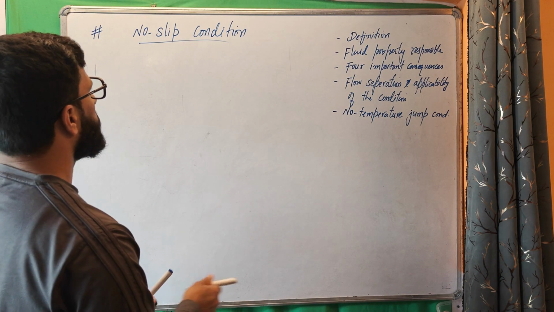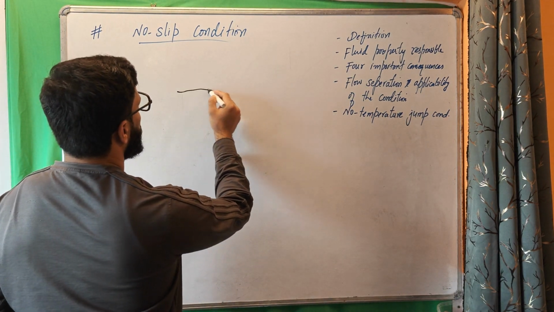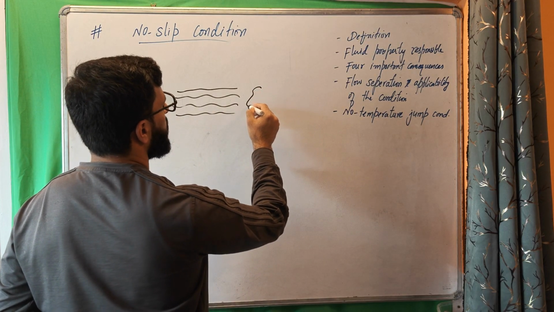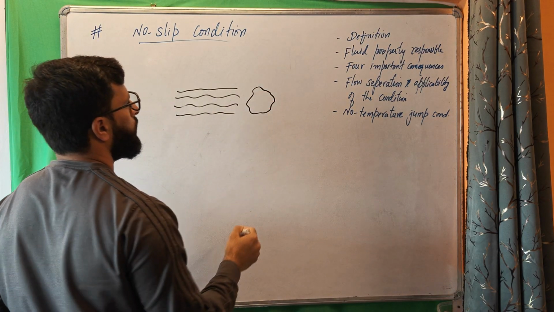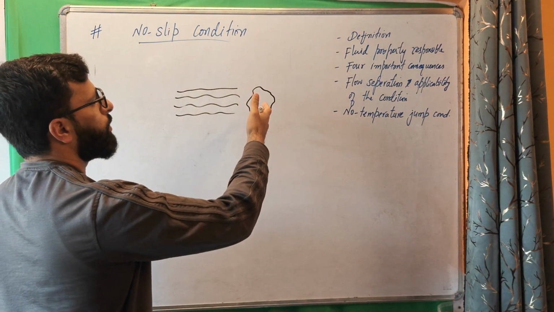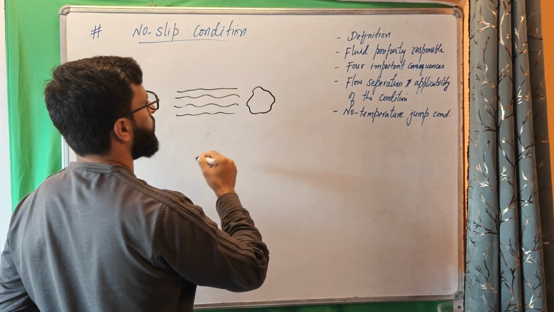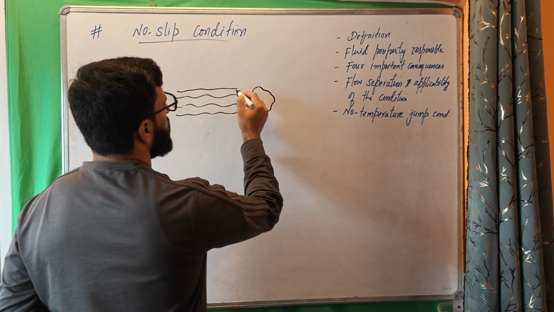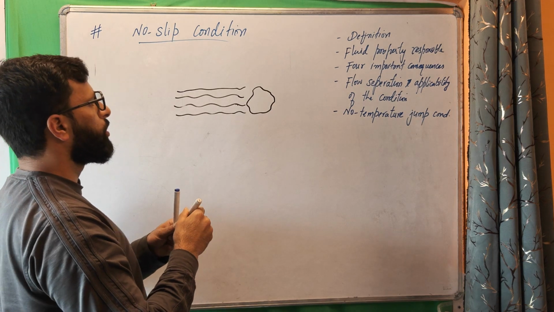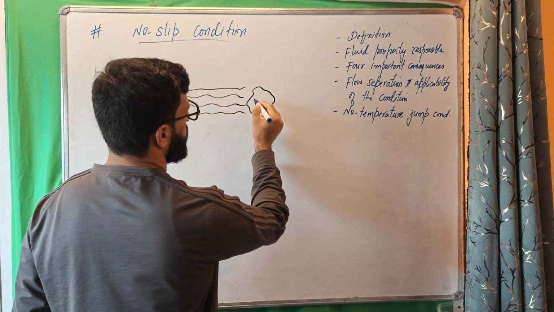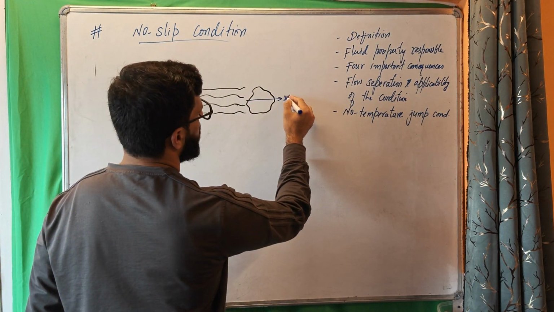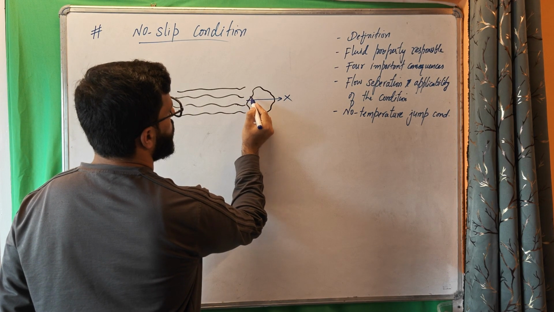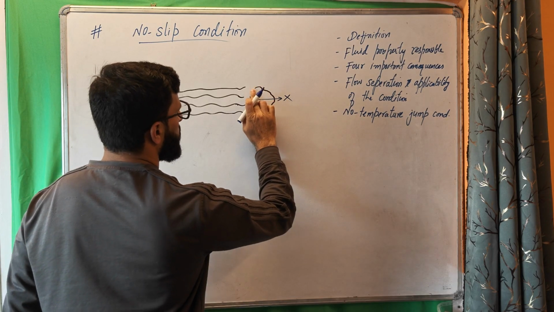Now, what is no slip condition? We know if, for example, this is fluid flowing and suppose a rock, a stone comes in front of this flowing fluid. What happens is, as we know, this fluid will never flow through this rock, that will not happen. So what does that mean? When this fluid approaches at this point, suppose, or let's make it simple,